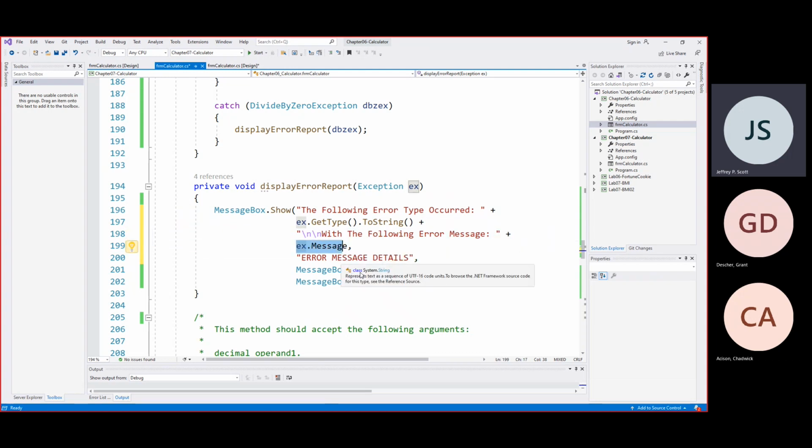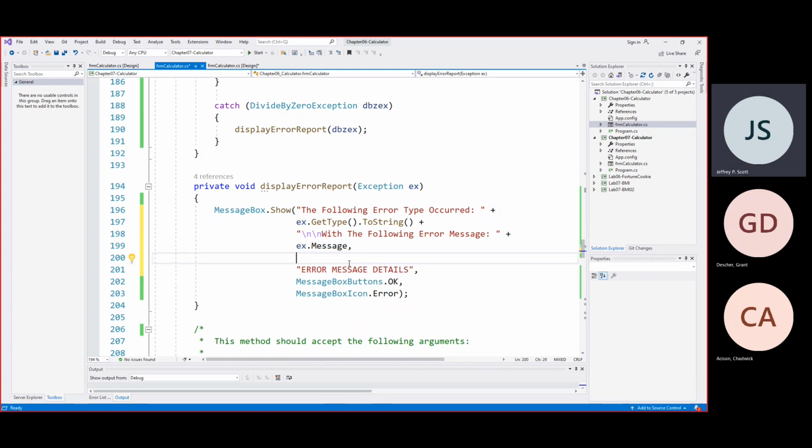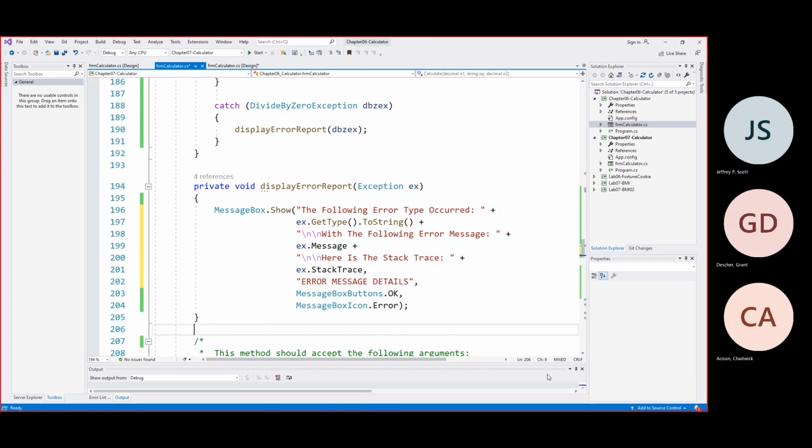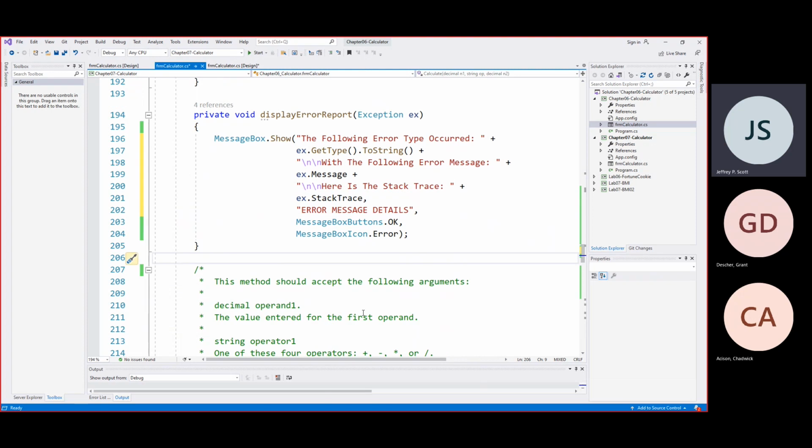The other thing we were told to say was this stack trace. So again, I will need another plus sign here. And then I can say \n, here is the stack trace, plus ex.StackTrace. And that's everything. So before I run it, which I'll do in just a second, if I come through here